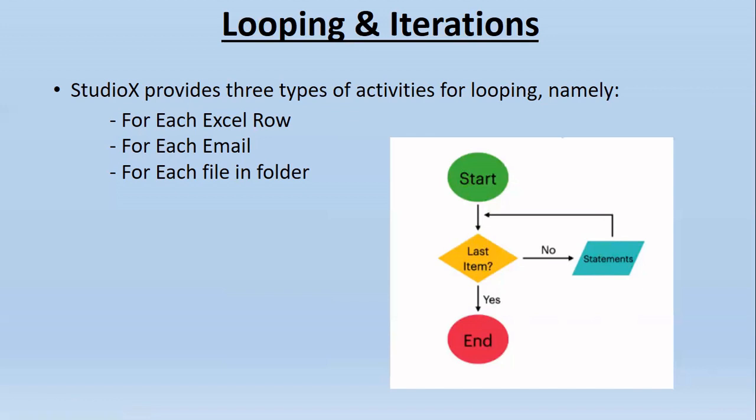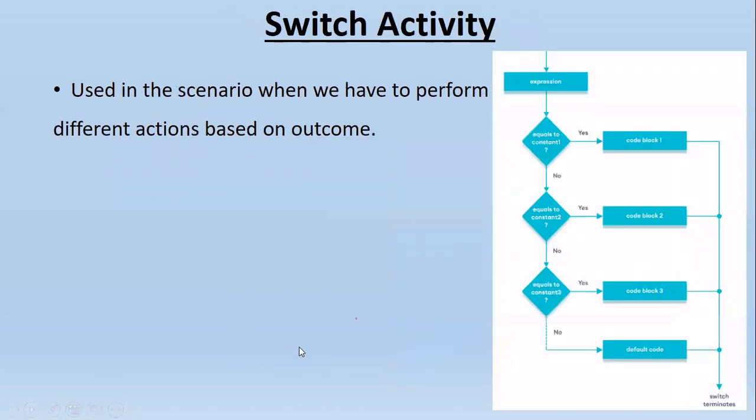Mainly all these three types of loops, which are for each that we saw just here, while and do while, perform a certain set of actions that you have to perform in a repeated order. Only in such scenarios do we use looping and iterations. Last but not the least, we also have the switch activity, which is used in the scenario when we have to